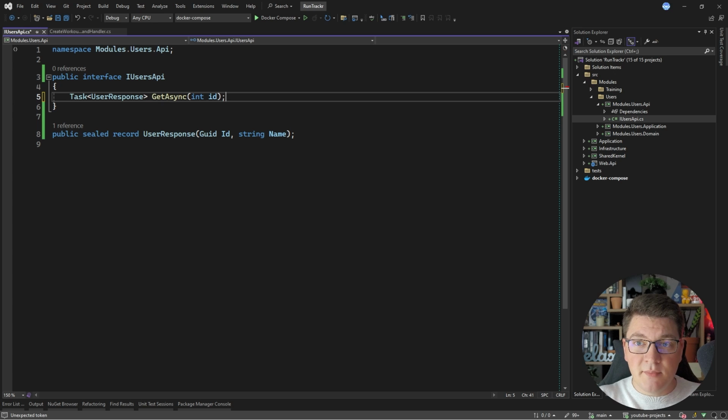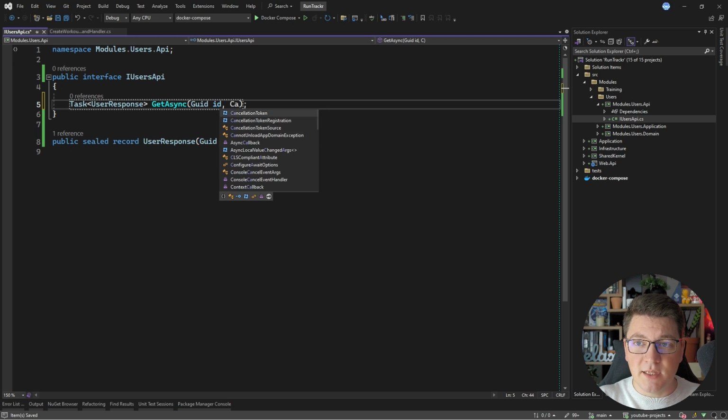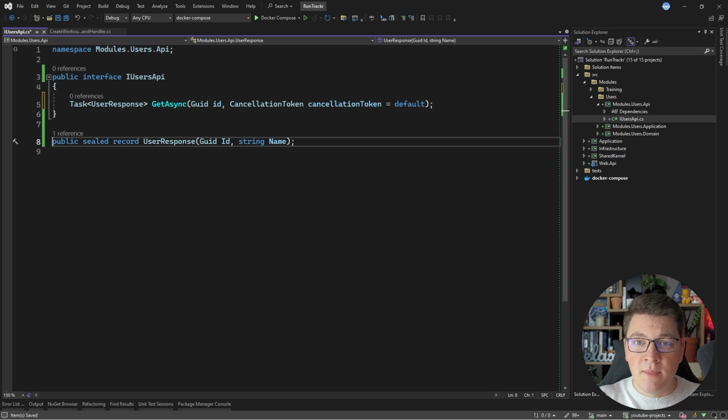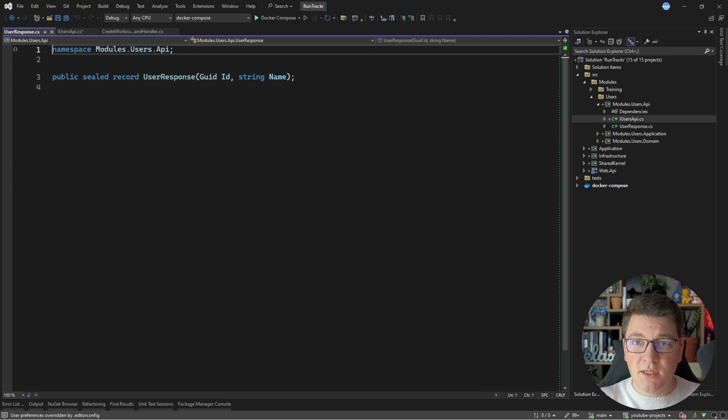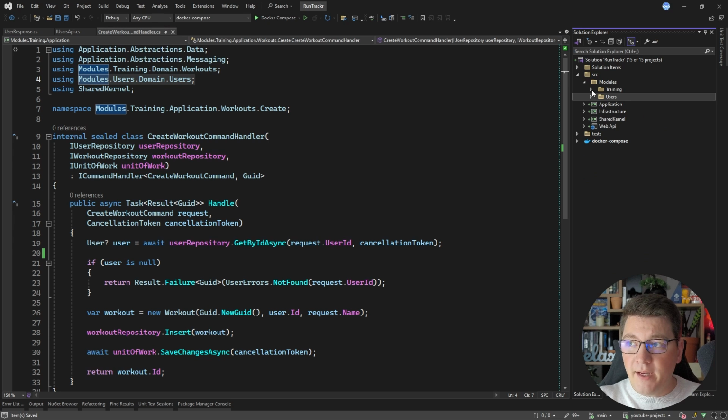One is going to be the user ID, and for example, we can expose the user's name. Then let's call this method GetAsync, and the argument is going to be a GUID value. We can also support cancellation if we want to, so let's add a cancellation token as a default argument. Now I'm going to move these types into separate files,